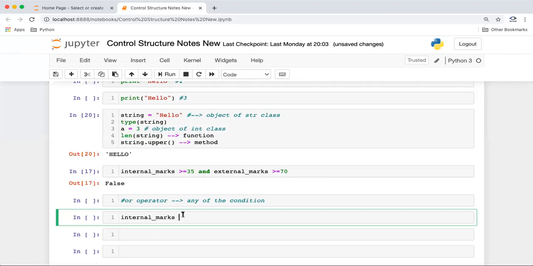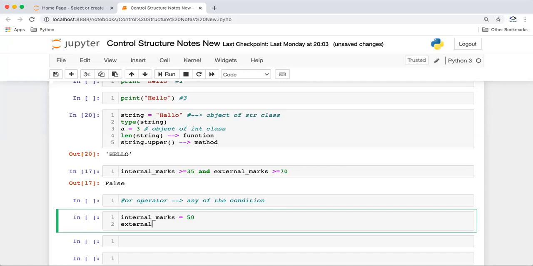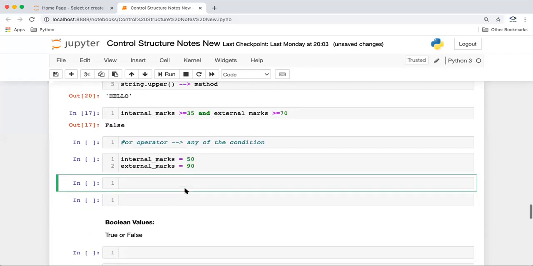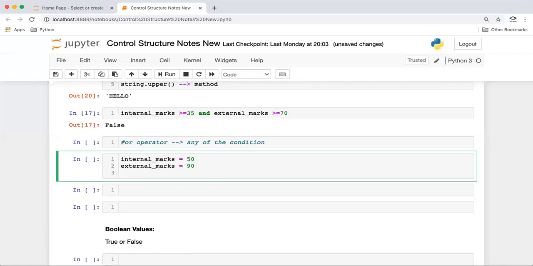Let us suppose internal marks for a student is 50 and external marks is 90. Let's not depend on just internal and external marks.